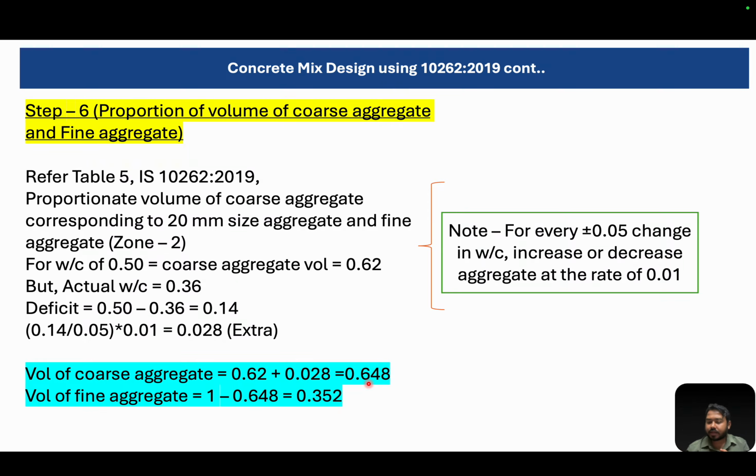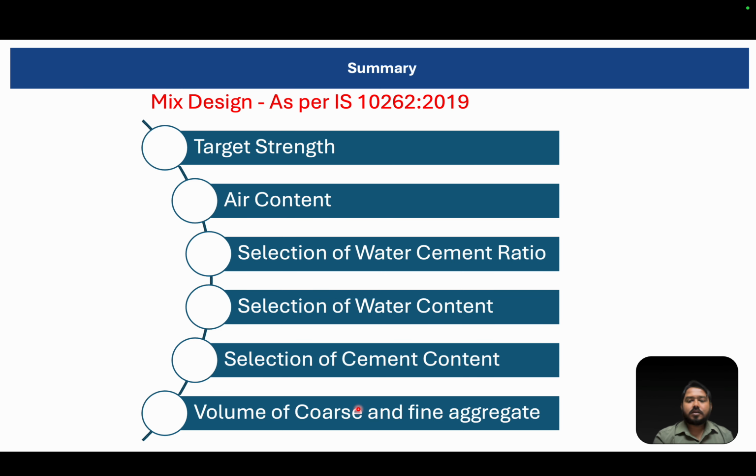So I will get my fine aggregate content. From 1, if I subtract my 0.648, I get my fine aggregate as 0.352. All this volume of fine aggregate and coarse aggregate, I got from step number 6. Okay, so what we understood from this is, we have designed target strength from step 1, then